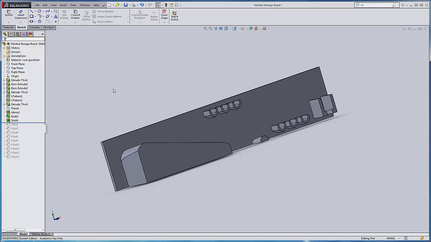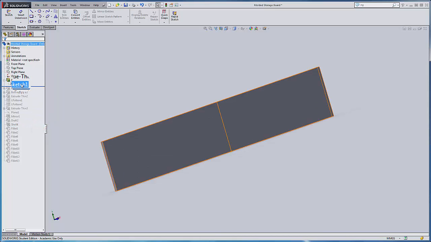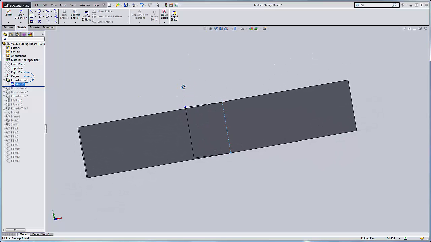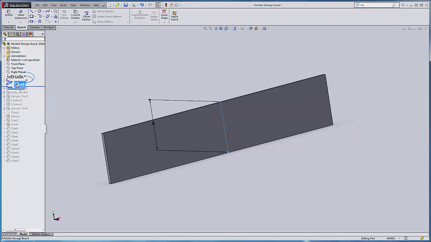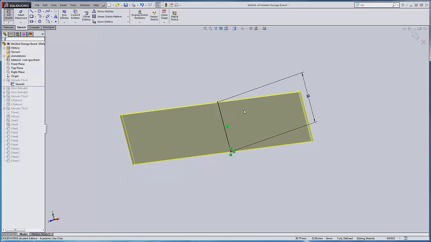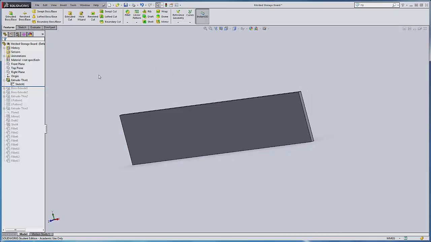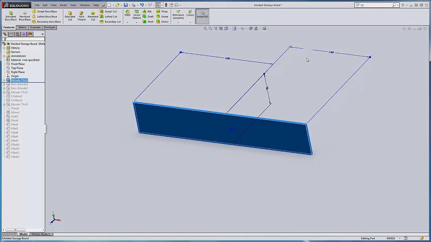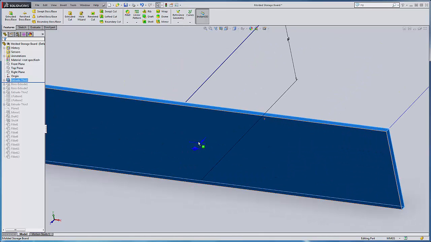One of the main things I wanted to cover for this particular part is how to extrude a thin feature. Well, if you think this is a block, well, it is kind of a block, but the only sketch I made was a single line. Look at this. That's it, one line segment. And I made it a thin feature. So what happens is that the feature itself gives the other two dimensions. And I made it so that it was going a certain amount one direction, 150 millimeters this direction, 130 millimeters that direction, and